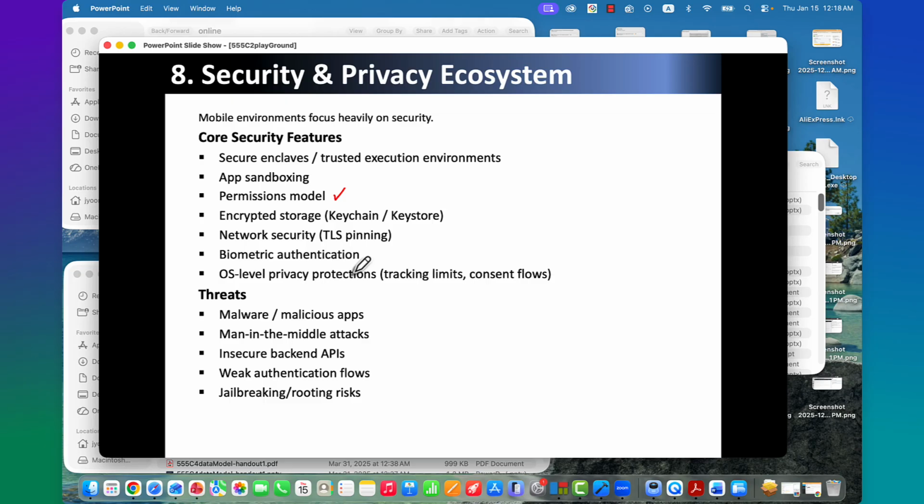For example, if you want to access the internet from your iPhone, then in your development, in the coding, somewhere in the properties of the application, you have to enable it. You have to set up permissions.